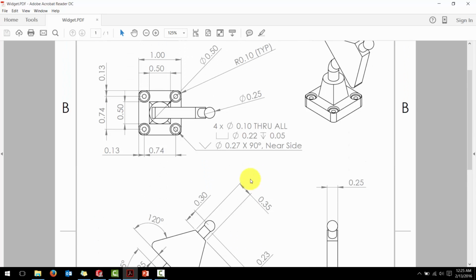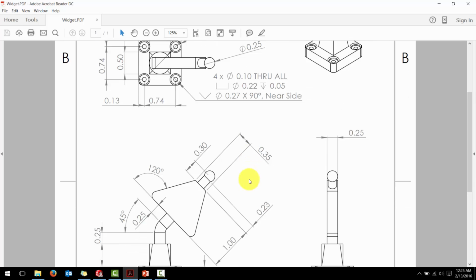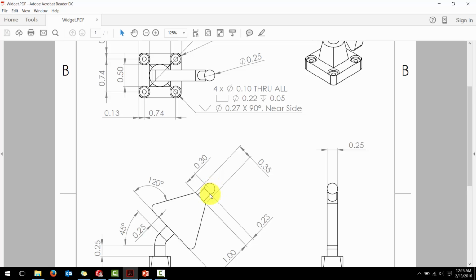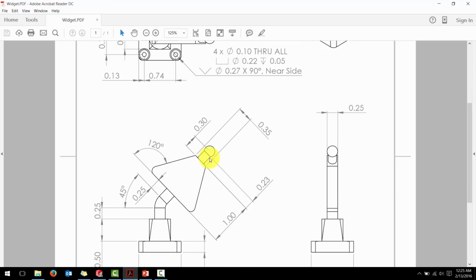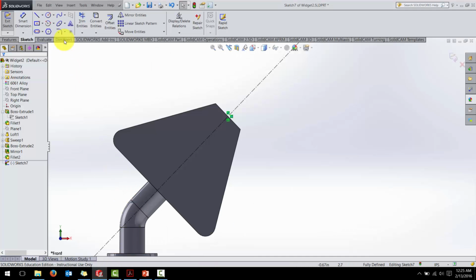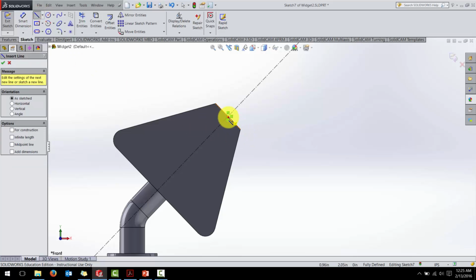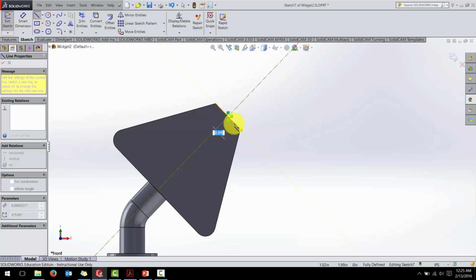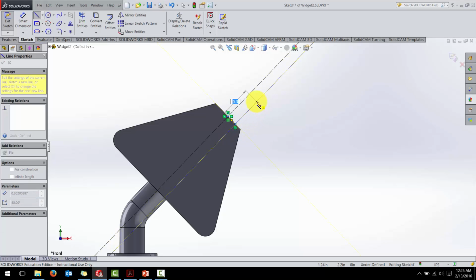And it doesn't look like the drawing is showing me what the diameter of this inside cylinder ought to be. We'll take a look at it and see if we can figure out what it looks like. So let's make the cylinder first. I'm going to start with a line, starting at the origin, coming out a short distance, looks like 0.1, up a certain distance,